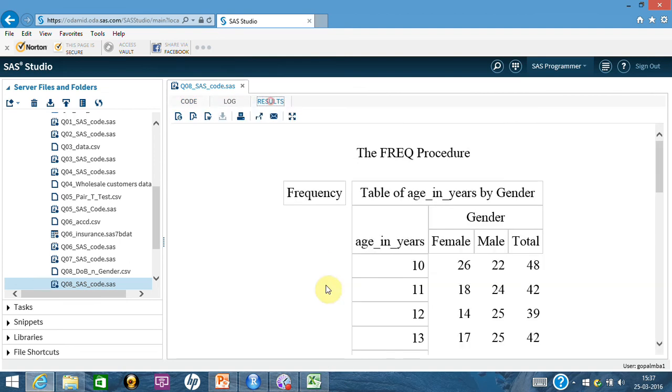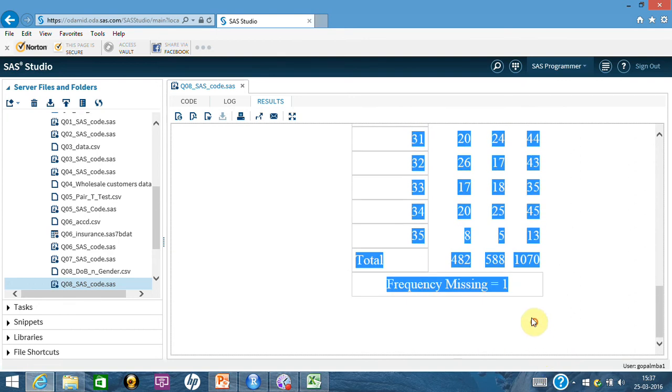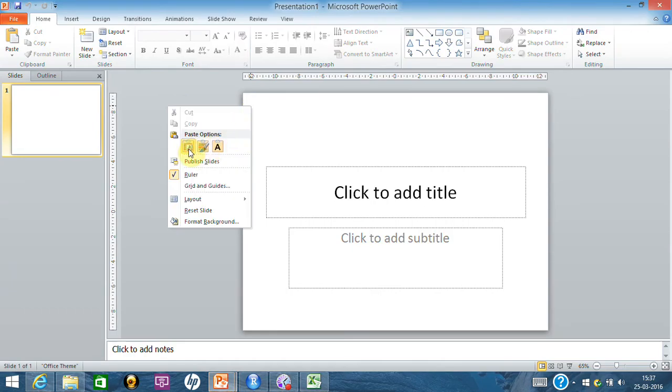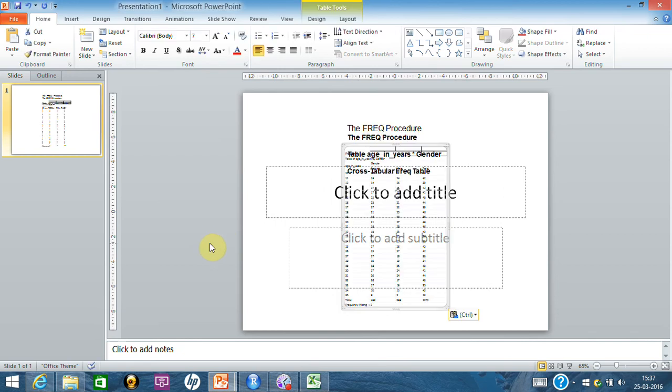For the sake of repeating, I'm going to copy this and put this into a temporary PPT. I hope I'll get it properly. If not, I'll just take the screenshot, because the screenshot will do for me. Has it come properly?